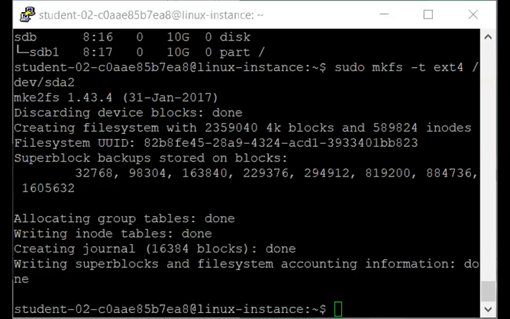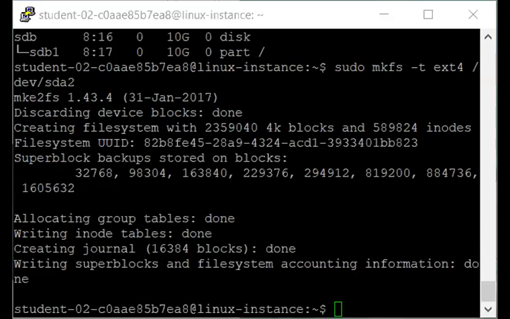You can now mount /dev/sda2 to a location on the file system to start accessing files on it. Mount it on the directory /home/mydrive.